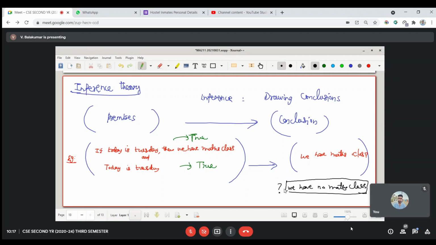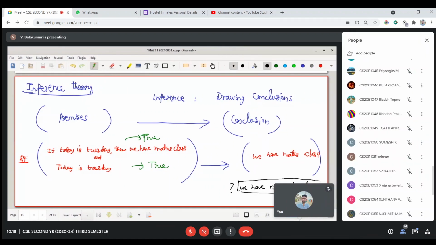No, sir. How do we decide this is incorrect? Let me quickly tell you. I already know today is Tuesday. So this is okay: if today is Tuesday, then we have math class. That also I know. So I am having that we have math class in hand. But I conclude we have no math class. These two things are contradicting each other.